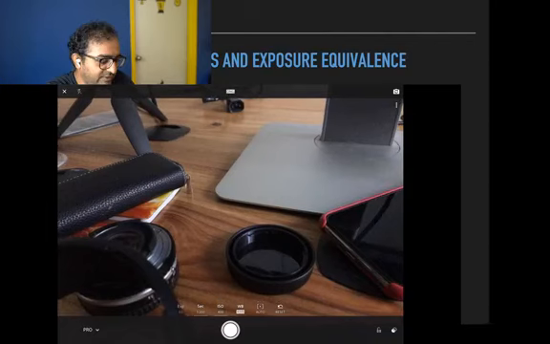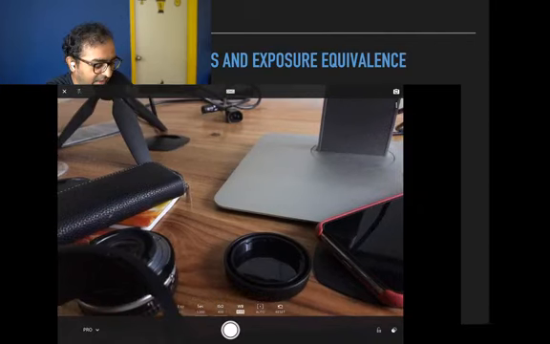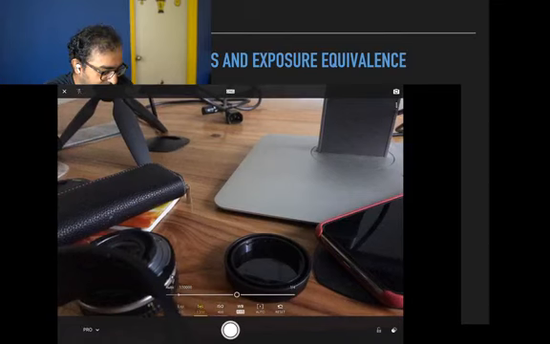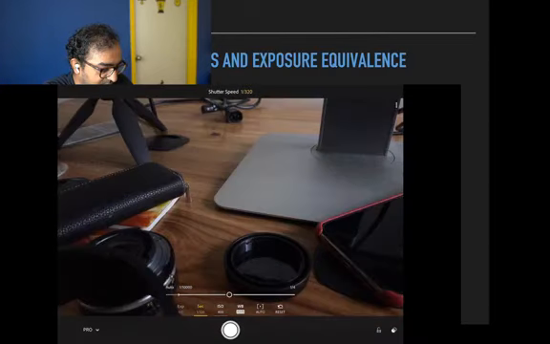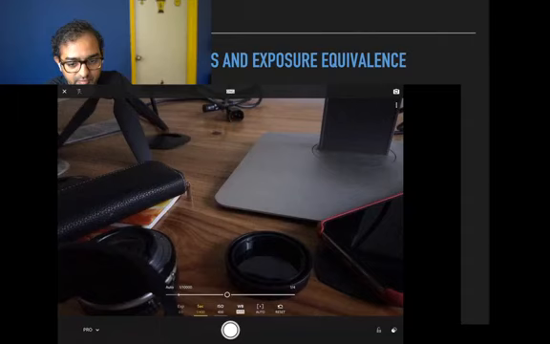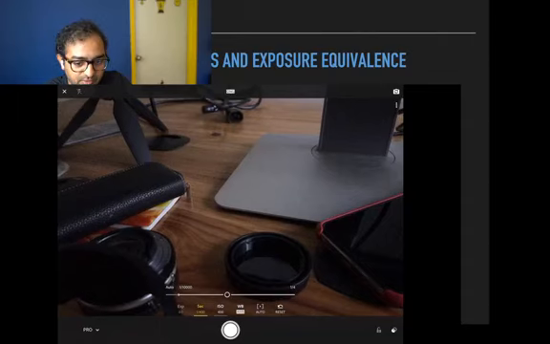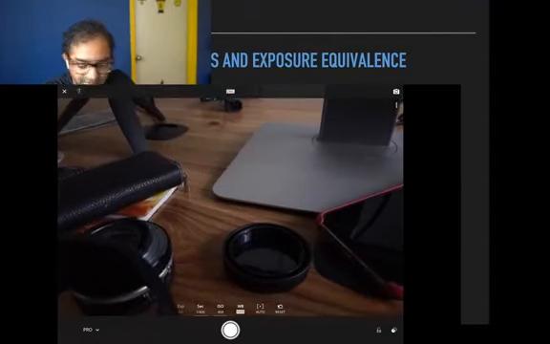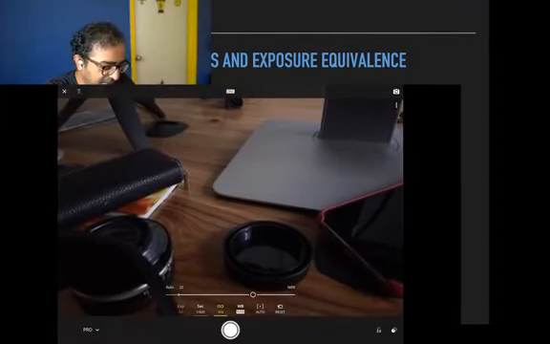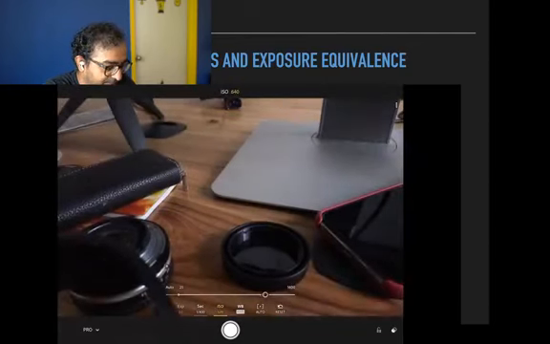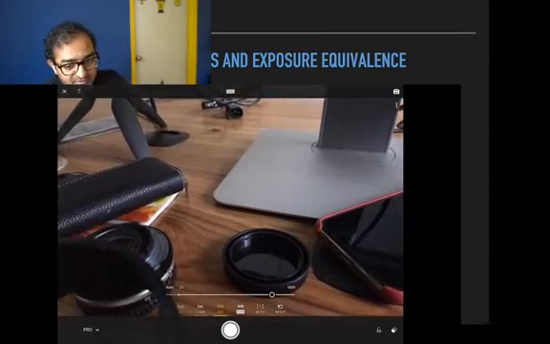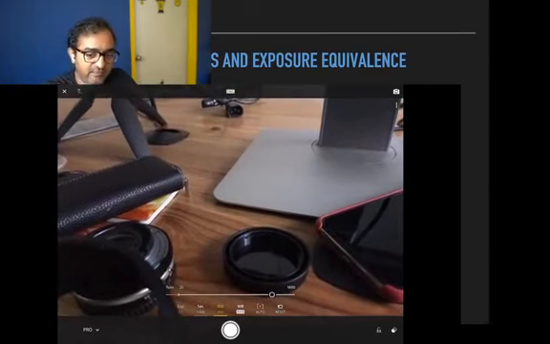So let's say I stop the shutter speed down one stop, so I go from 1 by 200th of a second to 1 by 400th of a second. Now obviously the photo has become one stop down, or half the brightness. But I want the same equivalent exposure as before. I want the same brightness as before. So I can control that by increasing the ISO and taking that up one stop instead. Now you notice the image is much more grainy, but the brightness before and after are identical, right?